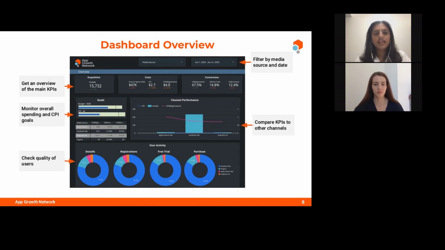And if you see the second part, which is the channel-wise performance and goal setting, these are the marketing KPIs. So we are able to measure channel-wise performance, like in this particular case, for Apple Search Ads, Facebook Ads, and Snapchat Ads, and it includes the cost per install and the number of installs. And if you see the third section, which is about user activity, so these are